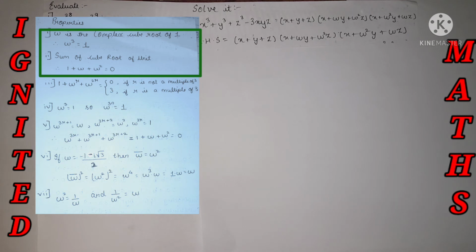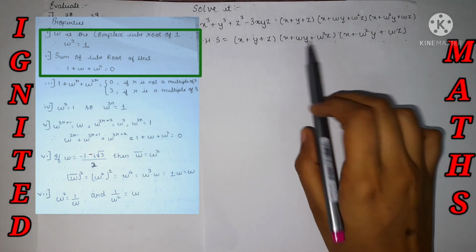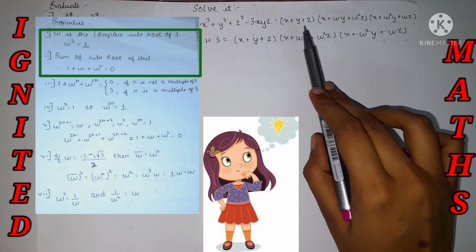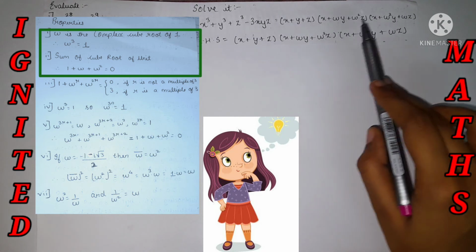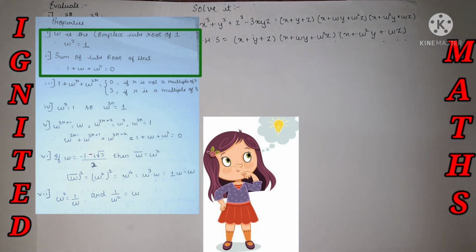Yes, I have taken it. Now just see the relation of the RHS value. We have the two properties listed, just make a note of it. What all things can I do to the question given so that I'll get the answer? Looking at the question, my second and third term is nothing but 1, omega, omega square. 1 plus omega square, yes, over here also 1 plus omega square plus omega. It's completely related to my second property.